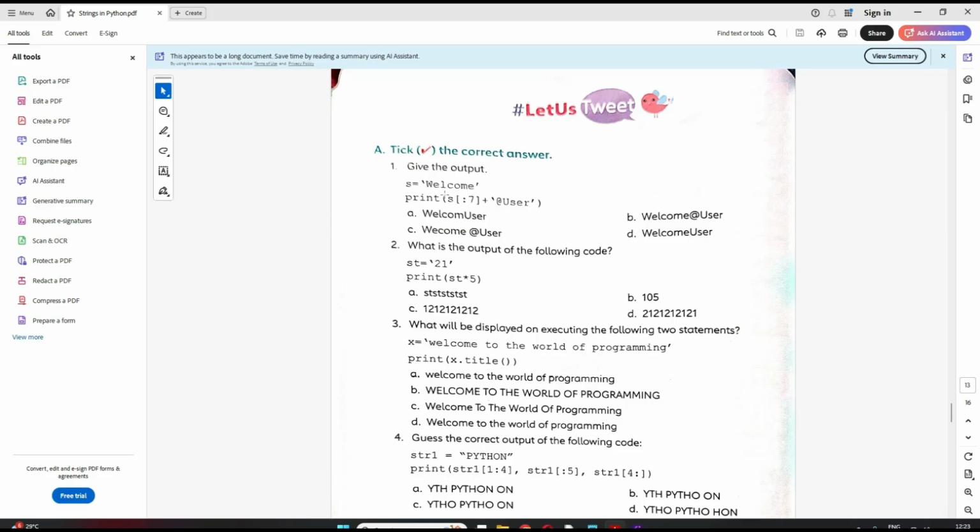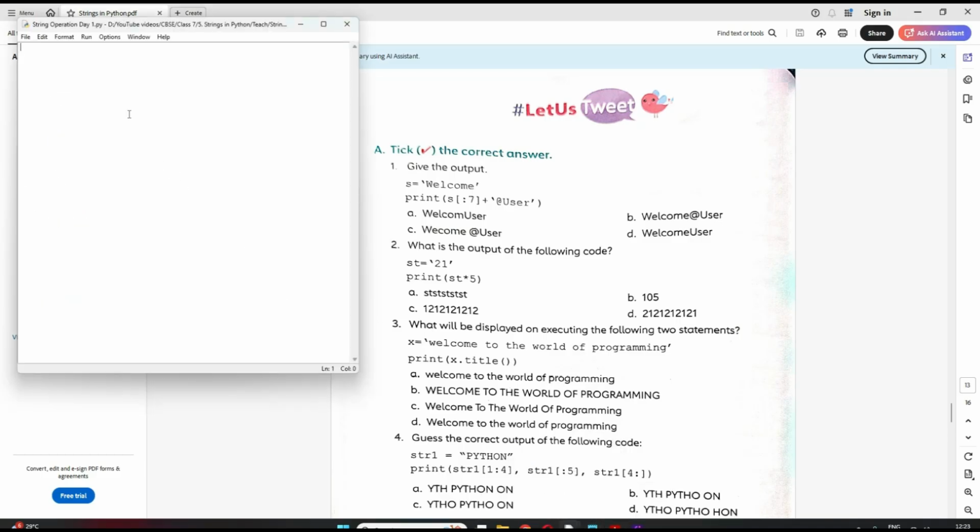Then we have S[:7]. What does this mean? See, if they would have written just S[7], let me just show you. Suppose the string is welcome. If they would have written just print S[7], what does this mean?